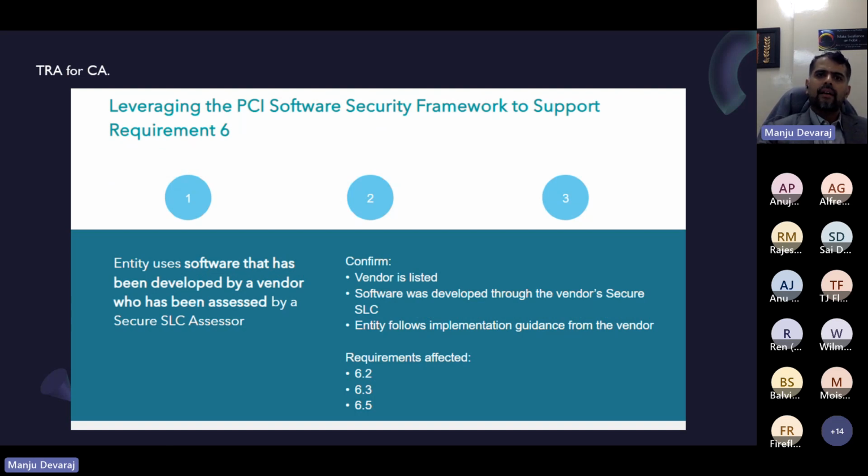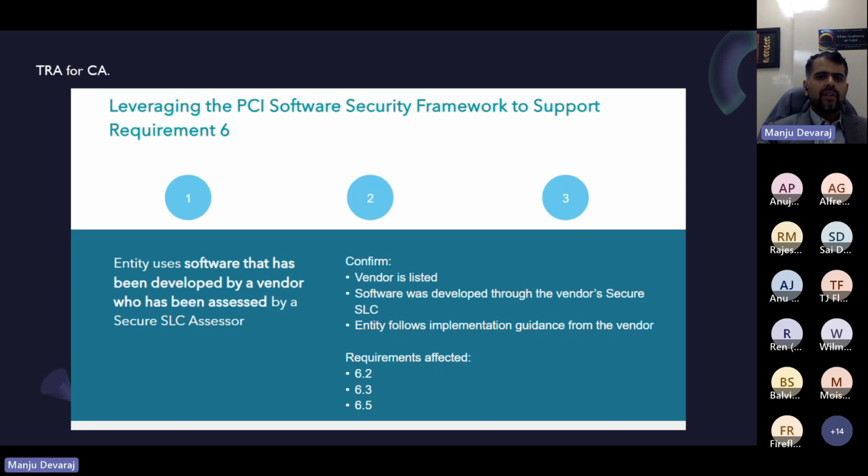Now, leveraging the PCI SSF to support requirement 6. We know from 3.2.1 to 4.0, requirement 6 is still about developing and maintaining software, right? Secure software development lifecycle, designing. From the design stage you need to have security embedded, and you make sure that your developers are trained and so on. So same thing, but